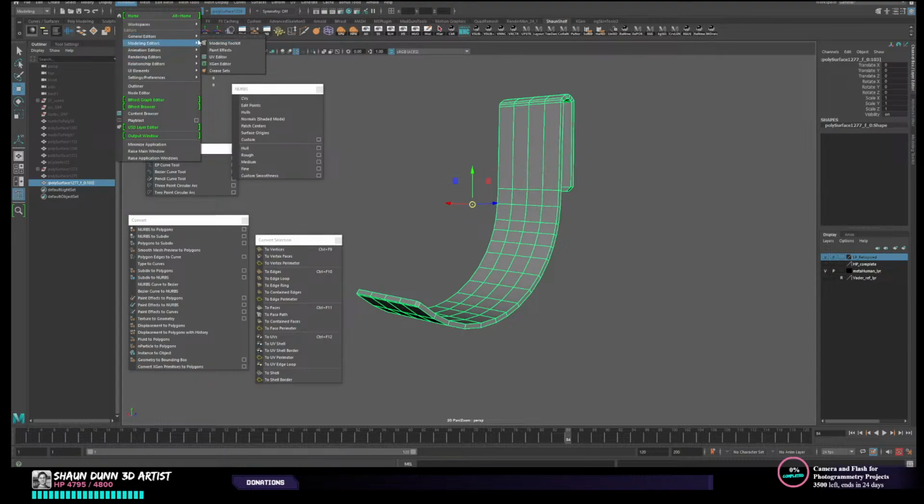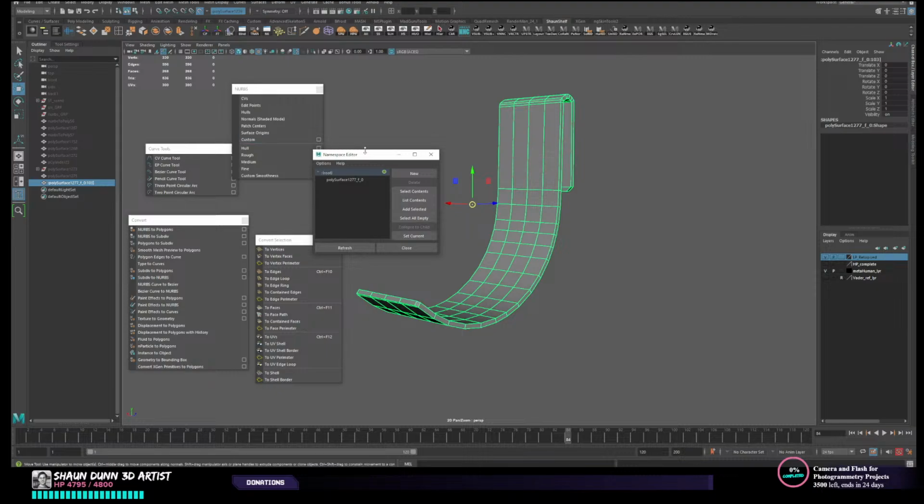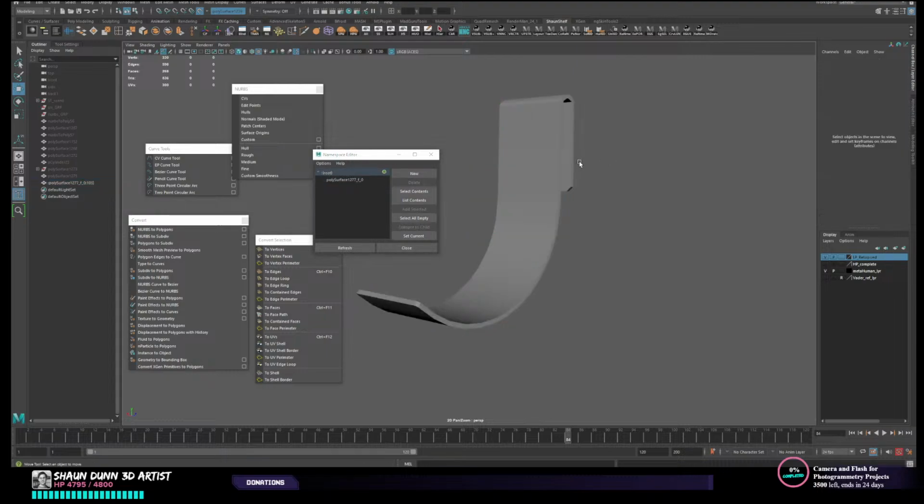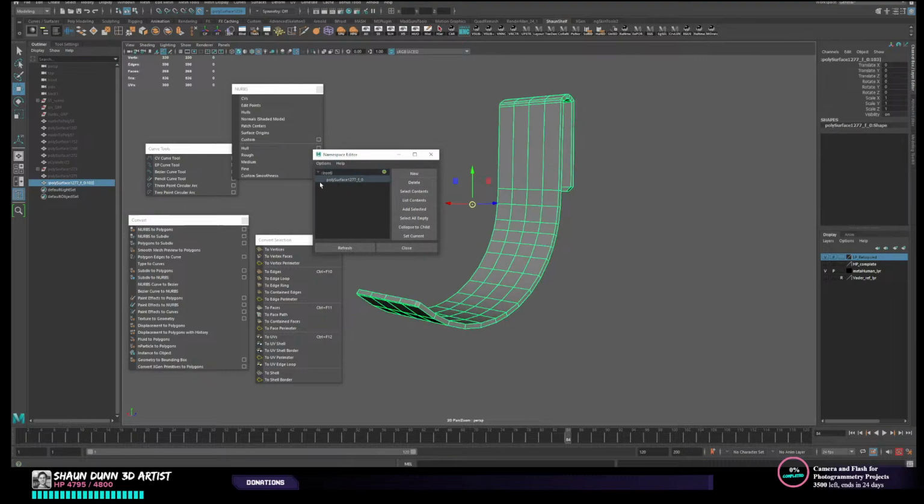I think it actually is general editors. Yeah, so general editors, namespace editor. Now it's a lot of work to go through there to get this, so I just have a shortcut on my shelf. So I'm going to take this. What it does is it creates these additional names under a hierarchy. There's the root to an asset, and then sometimes there's these hierarchy naming conventions, and it protects the naming